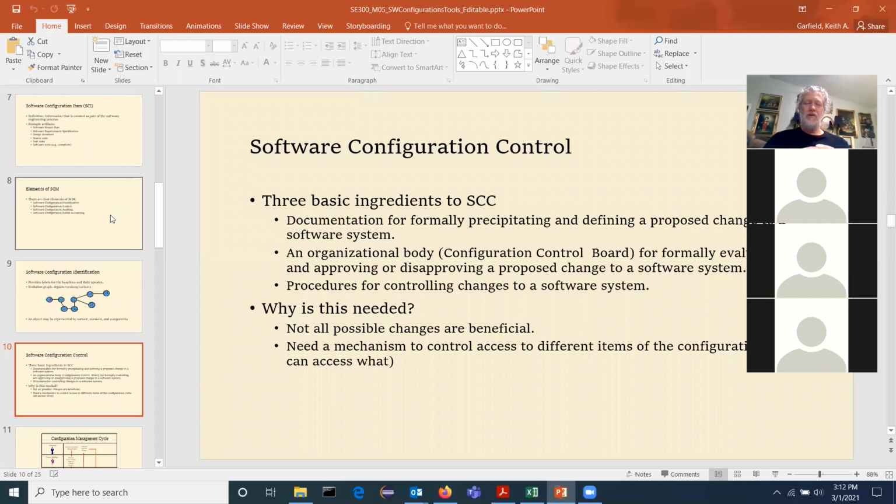Okay, so now how are you going to control things? You need to think about this in the context of your teams. Your teams are small, your teams are agile. What's your control mechanism? Do you think you have a control mechanism? How is your team handling this notion of controlling what gets done to the software?